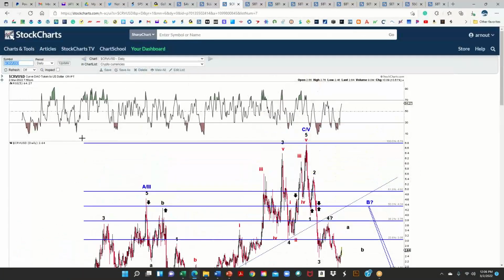Moving on to another token. This is Curve. This is going to be a little bit of a segue in. Probably in about a month or two, we'll get a guest speaker online who will talk about some different ways of making money in the crypto sphere. Instead of trading the Bitcoins and the Ethereums, we can look at stable coins, for example. So it's going to be very, very interesting. Stay tuned for that one. It's going to be highly interesting, of high value to you. I think it's going to be great. There are so many ways to go about it, and it's going to be entirely different from the work I present, and I think it's going to be of